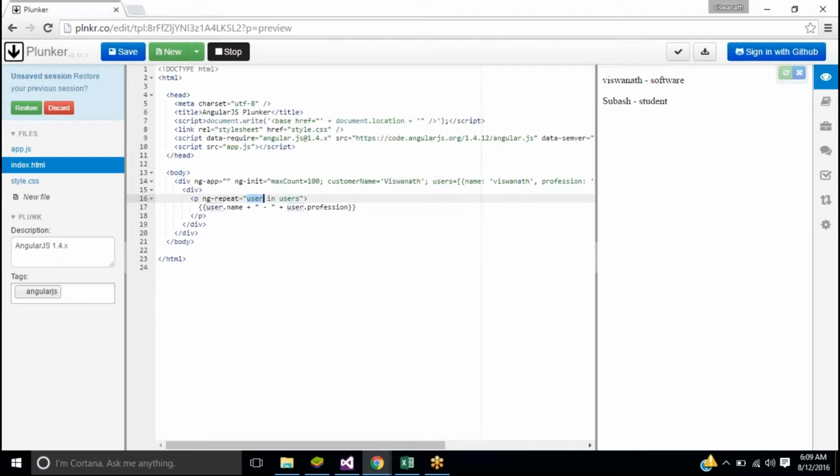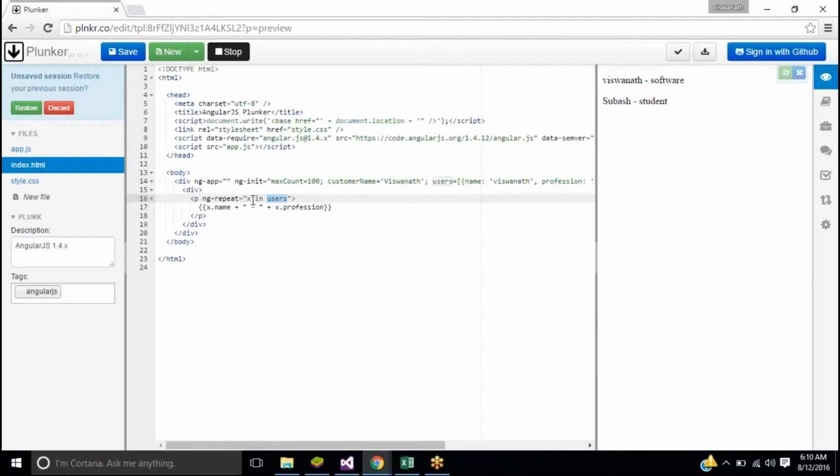Users is the array you are referring to. You can use whatever variable name you want here, but this should be the array that you are referring to. So when you rename the variable to X, it will still work because it's a temporary variable, like where we use i equal to 0, right? Something like that. It's a temporary loop variable for every X in users. That means for every entry in users.